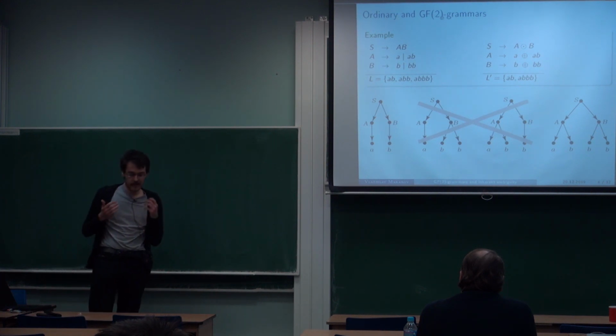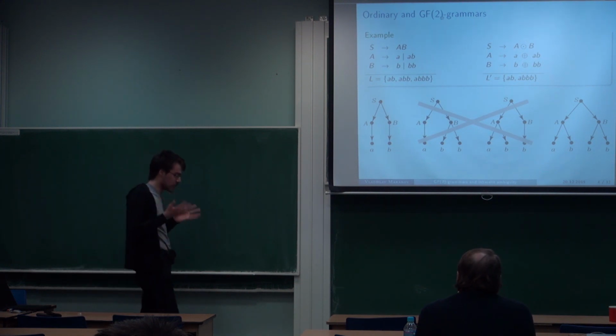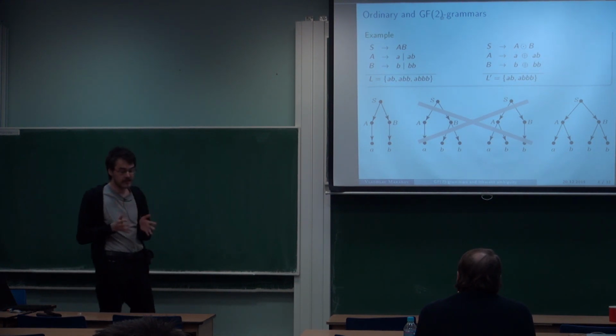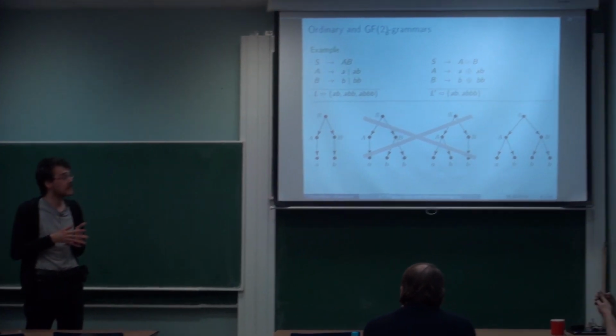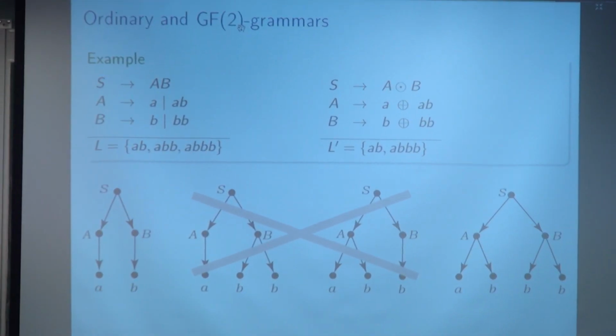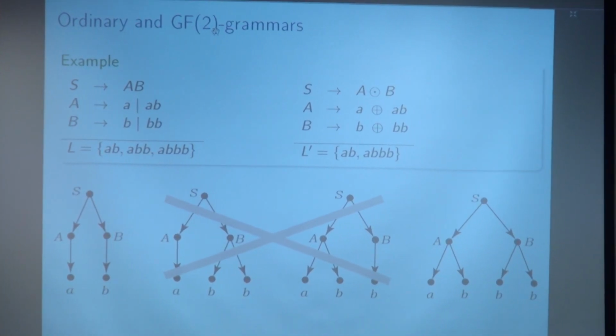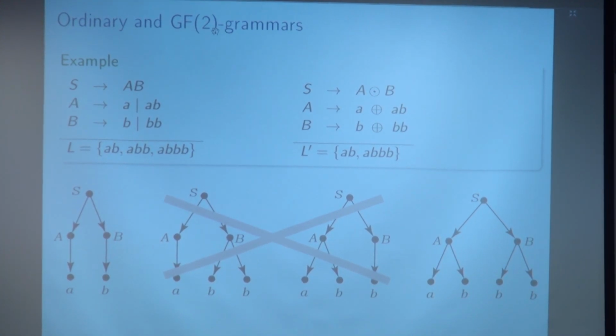Ordinary grammars work in the following way. They have some set of non-terminal symbols, the symbols of the target alphabet, and some rules which say that we can substitute some non-terminal symbol by a sequence of terminal and non-terminal symbols. And we look at all